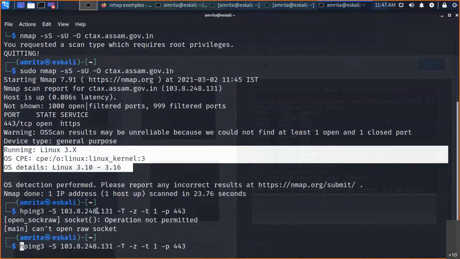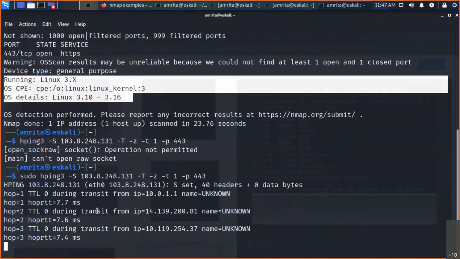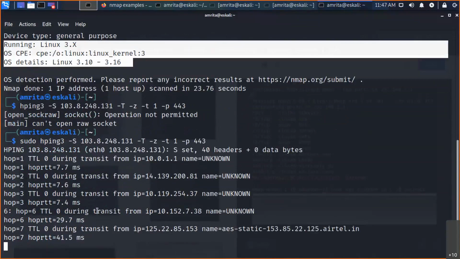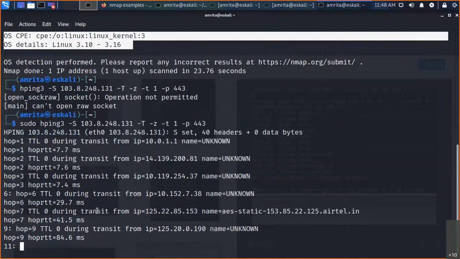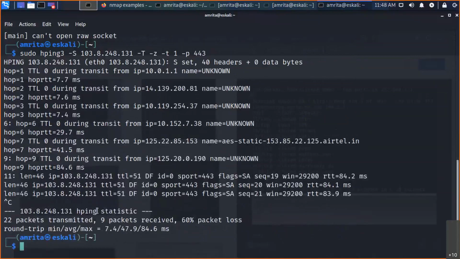Again, we are lagging behind on the group privileges. Well, here we'll stop.